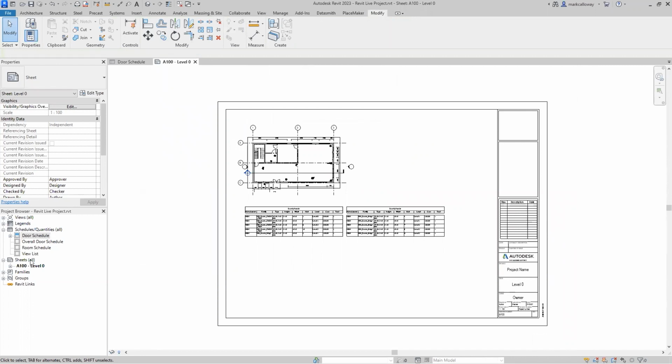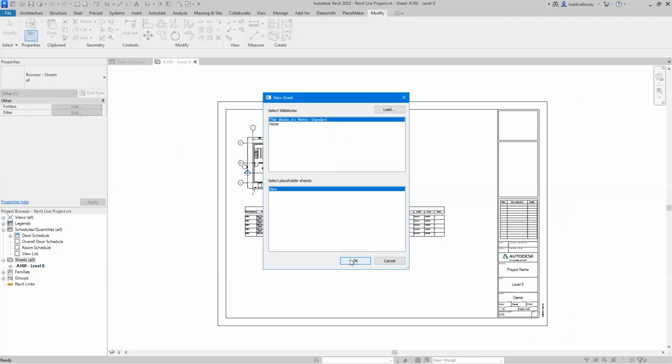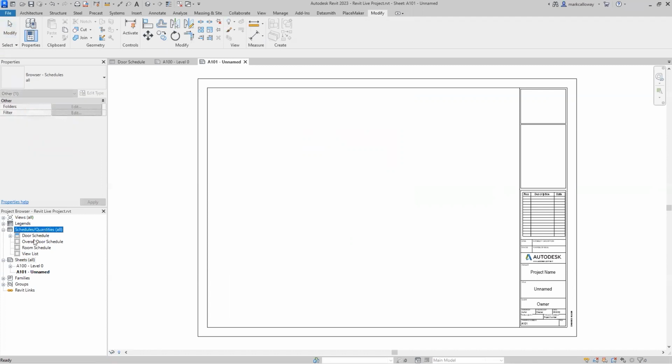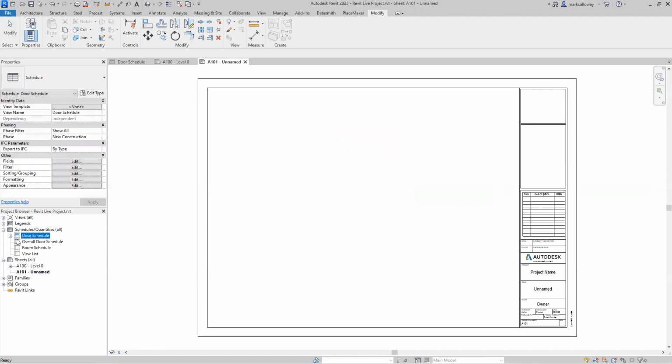We're going to create a second sheet, and I want to continue my schedule on this sheet. In the project browser, under schedules and quantities, if we find our schedule and expand it, we can see all the columns that we've split this schedule into. We have this little indicator now, this little blue box in 2023, which tells you if a view or schedule or legend has been added onto a sheet. It'll highlight blue. You can turn that off if you don't like to see it, but I think it's a